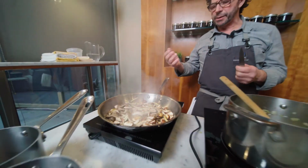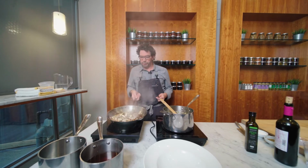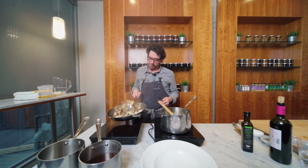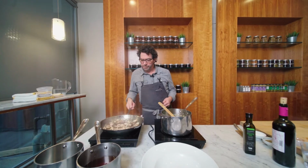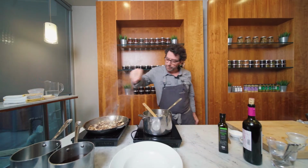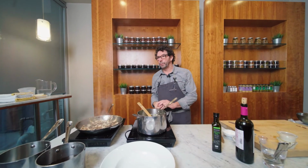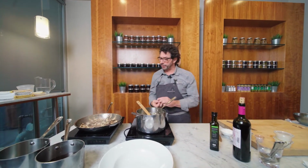And what that does is it brings out all of the flavor, the sweetness of the mushroom, and it concentrates the flavor as well. So we're going to give that a quick toss, and then we're going to start building the flavors. The flavors today are going to be salt, pepper, and because mushrooms work super well with thyme, what I've done is I picked some thyme,